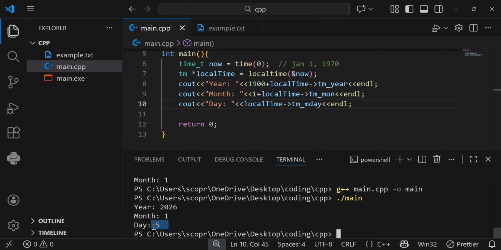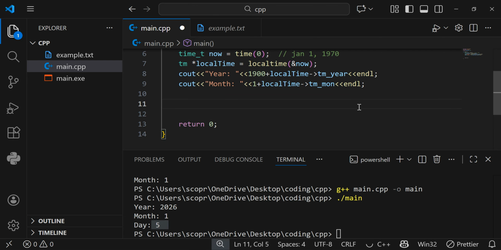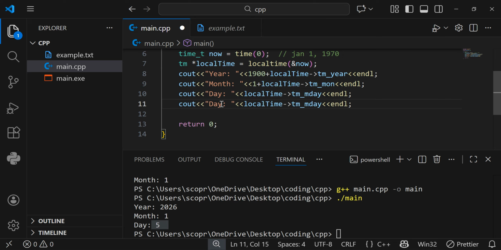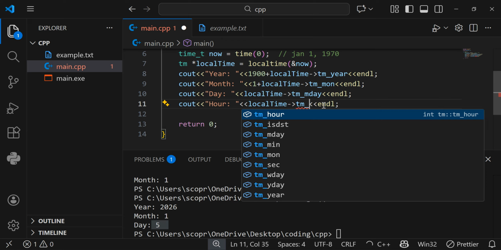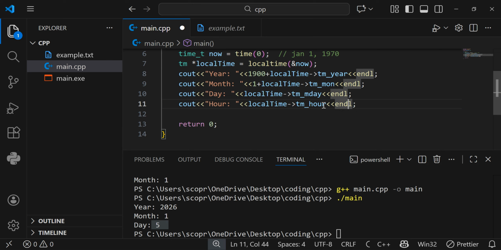Okay, so we can also access time parts. To access time parts, we can do the same, but instead we can use this format right here. Let us copy it, and let us Control Z. Let us go down here, we paste it, and then instead this one is going to access the hour. Instead of adding other things here, we remove this one, and we want to access tm_hour. Like that, and we can save,